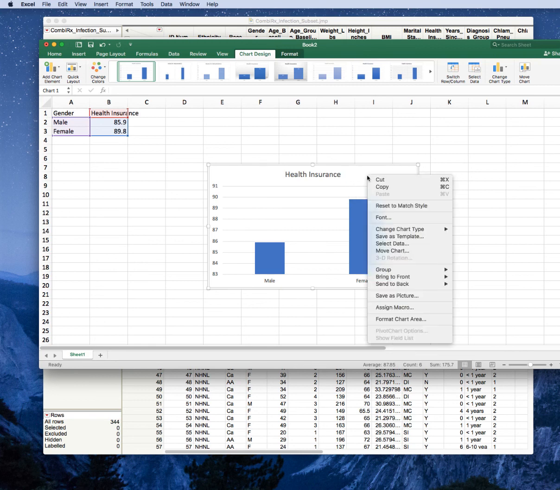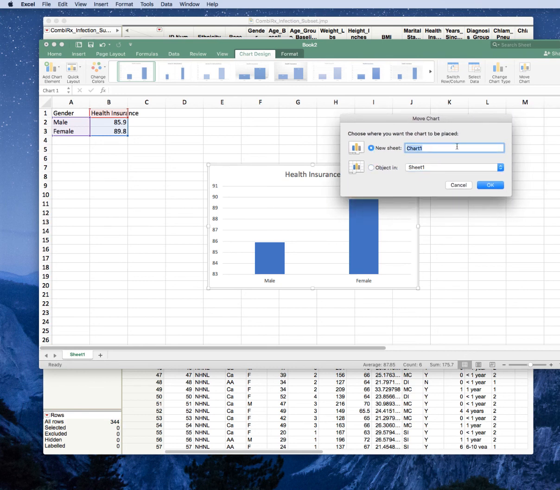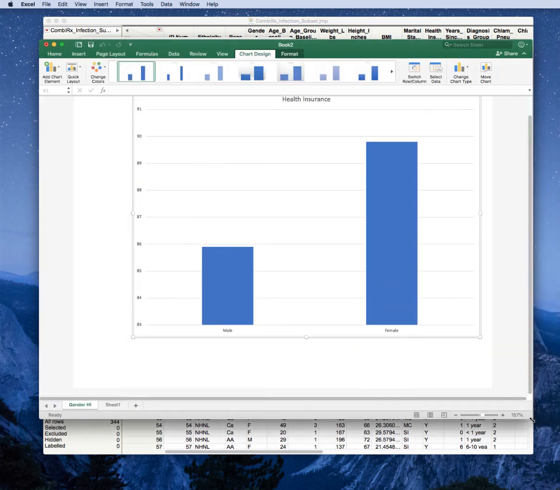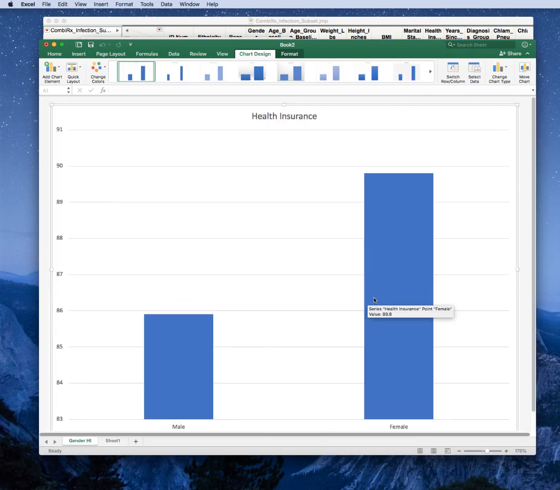You can right click on the graph and say that you want to move the chart, and I want to move it to its own new sheet and give it a meaningful name, gender health insurance. And now I have a new figure in Excel. And then there are things that you'll want to do to make this more appealing. One of those things is make sure that your axis is correct. I don't know why Excel keeps auto sizing this, but I want to format my axis here,